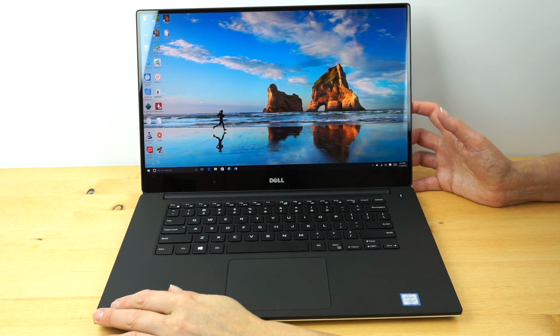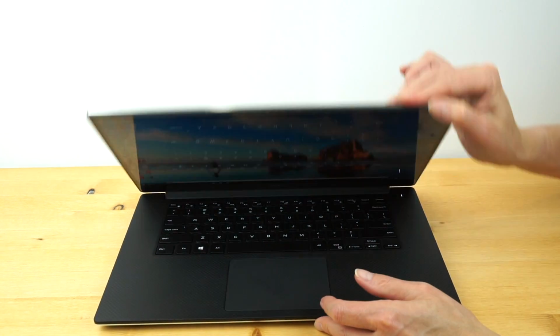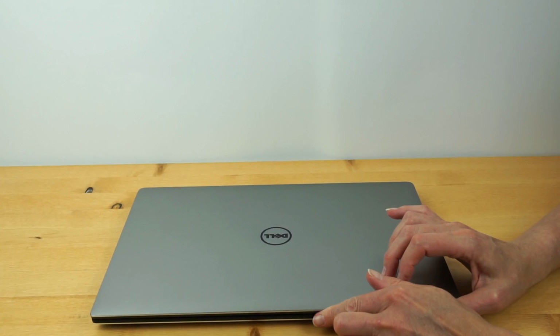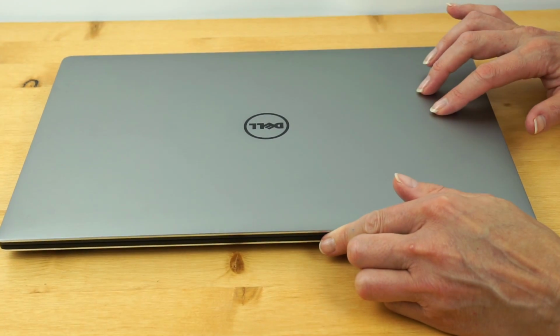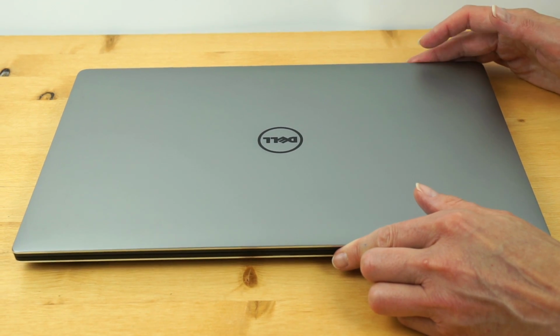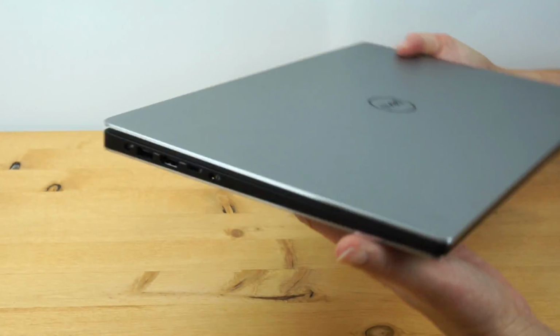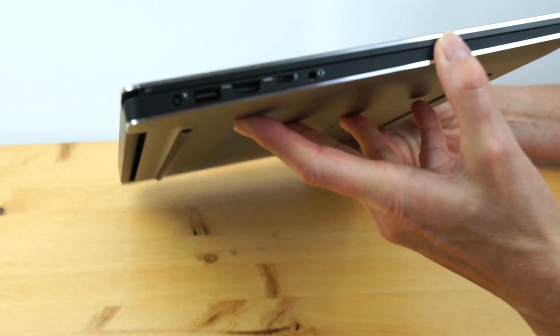It's an attractive looking machine, at least if you thought the XPS 13 was. It has a kind of all-American Dell look to it with the carbon fiber here, and on the lid, we have aluminum. If you get the 4K UHD gloss touchscreen that we have here, you get Gorilla Glass NBT over the top too. So your usual silvery aluminum Dell looking lid here, quite slim, especially for a very powerful 15-inch